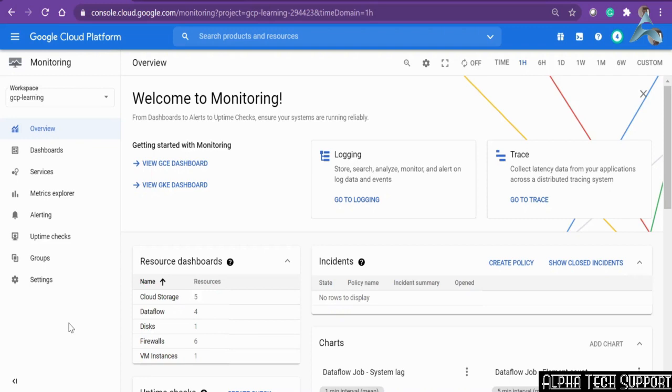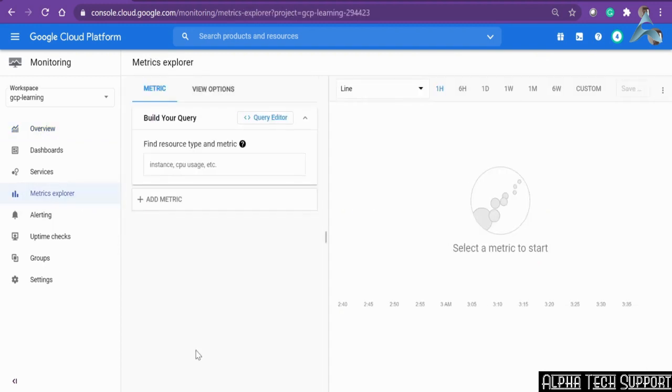You have already seen how to create log-based metrics. In a similar way, you can also create other metrics using the Metrics Explorer. Now, before we learn how to use Metrics Explorer, let's try to understand what a metric is. A metric is basically a collection of certain measurements that helps you to understand how your application or system services are performing. The application and system services being monitored are called monitored resources. Currently, there are 1500 types of metrics available in cloud monitoring to monitor Google Cloud, AWS, or a variety